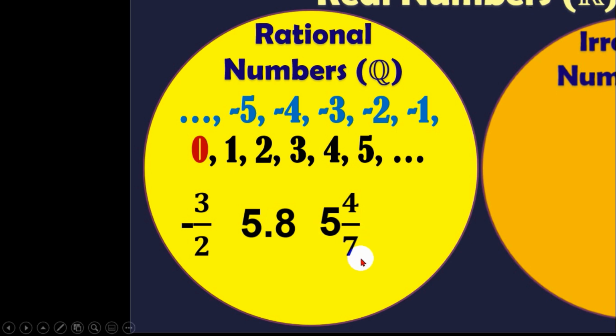Then another example here is this one, negative 1.8. Negative 1.8 is a decimal number because it has a decimal point. Once you see a decimal point, then therefore it's a decimal number, and it cannot be categorized as natural. It cannot be an integer or a whole number. So ano lang siya? It's only a rational number. Okay? So these examples you see here are all rational numbers.